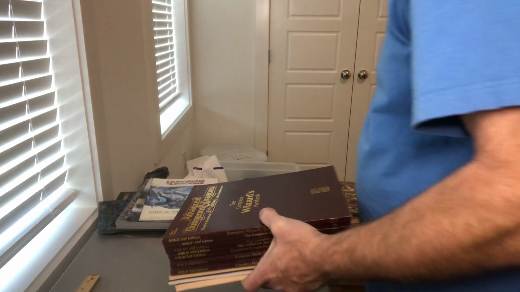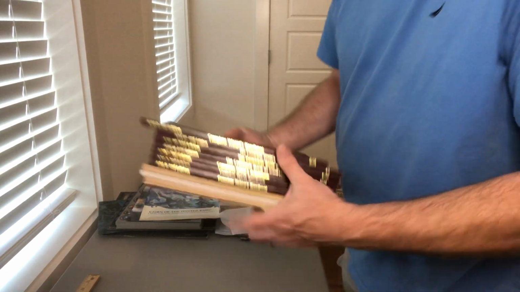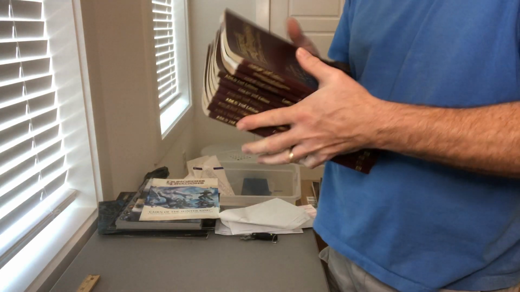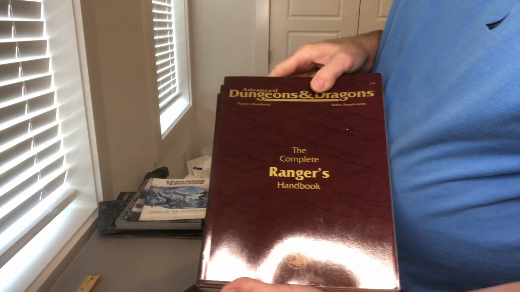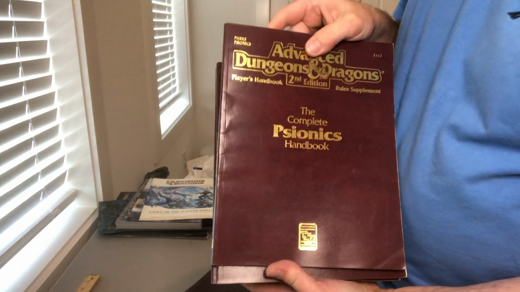Then we have a stack of the players' books. I'll just go through them real quick, and then that'll be a good spot to end the video because it's running way longer than I thought. So we got Humanoids, Rangers, second cover with a paper-like, Psionics,